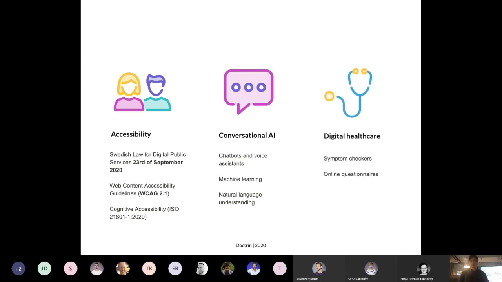As well, symptom checkers and digital healthcare have exploded, especially in this pandemic that we see. It makes it easier for users or patients to get into healthcare and to just write their symptoms and get health advice directly. And it also makes healthcare more accessible.